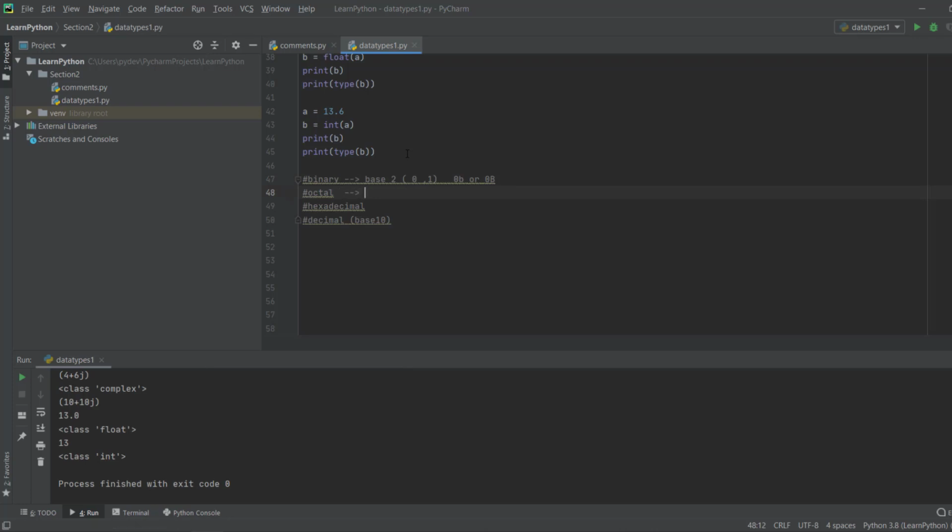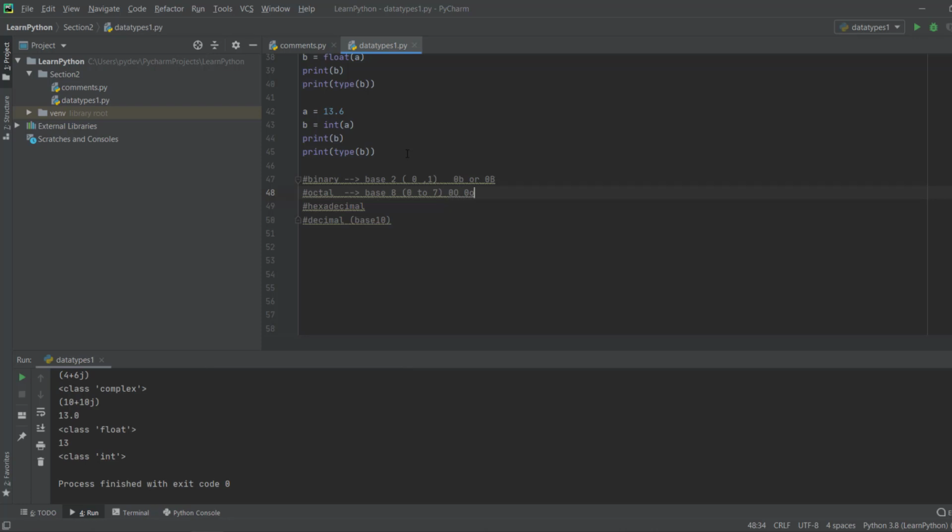Octal is base 8, and the allowed values are 0 to 7, and you will have 0 capital O or 0 small o.